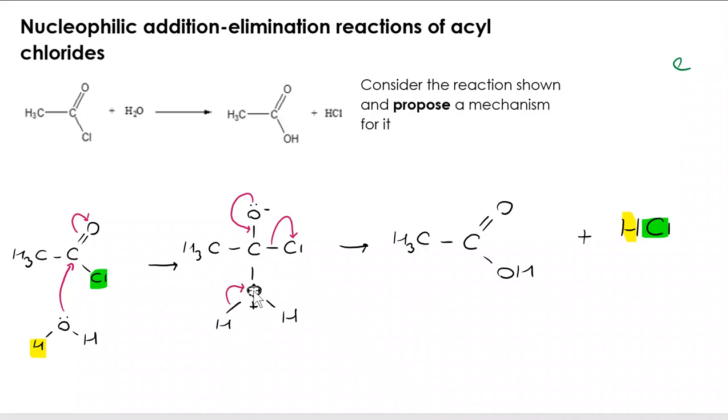We've actually lost it in the second stage, not where I've highlighted, but you can see that this H is being released when the electrons move back to the O. And the chlorine is being removed, again in the second stage, when the electrons move towards it, just here. So that's one variation of a mechanism, but there are 4 different versions with acyl chlorides, and less commonly